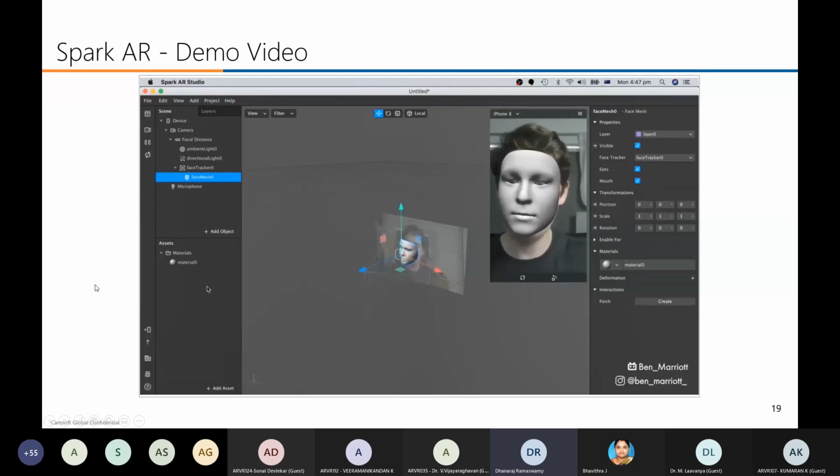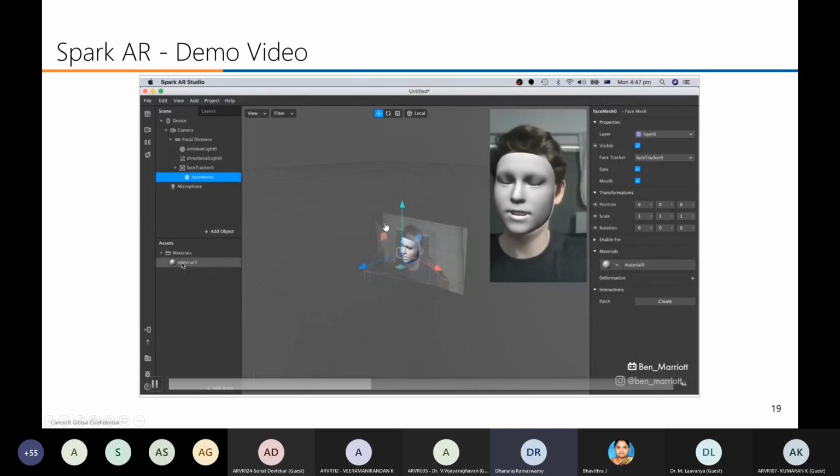See, in this example, he didn't write even a single line of code. It's visual programming. Visual programming is nothing but he can visually build whatever he wants. He is choosing the options from the scene he is applying. He didn't write even a single line of code. Within 1 minute, he has developed a small application using Spark AR. Correct. So if you are a non-programmer, you can use Spark AR.